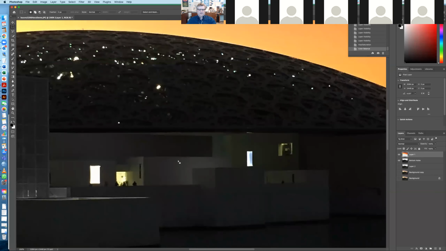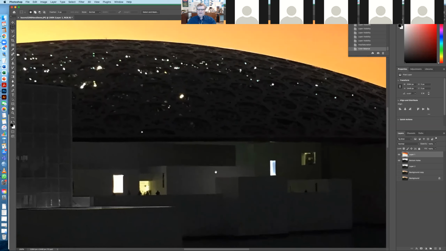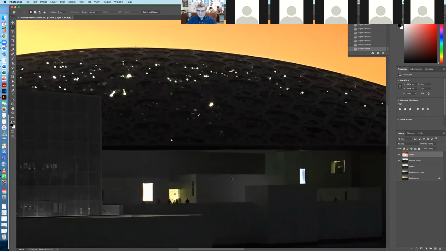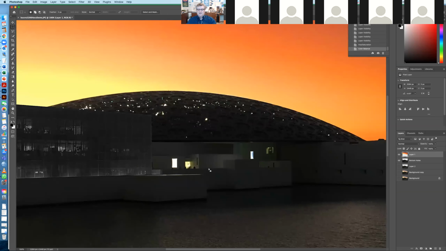I'm pushing the space bar, and that's how I got the hand. And I'm going to do Command minus just so you can see. But you can see here, I think I did mention it, there's actually people there, and we are seeing through to the sunset. Now, clearly, these are windows into the building, but what I can do,